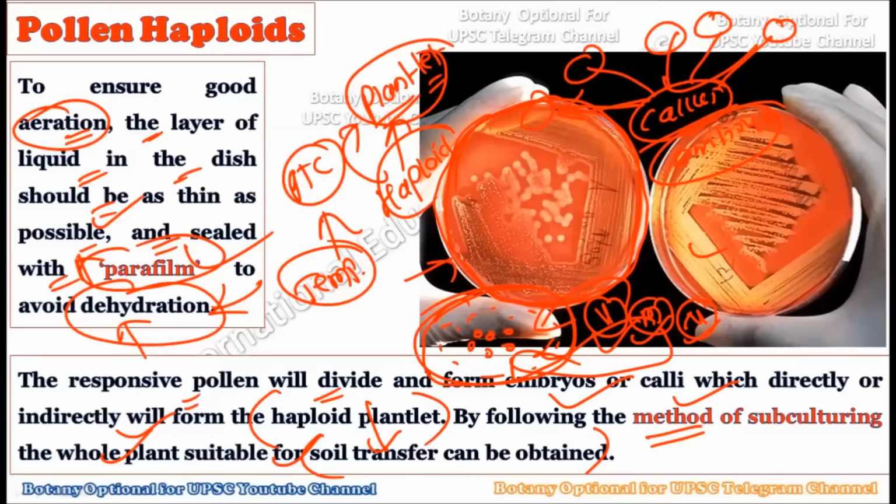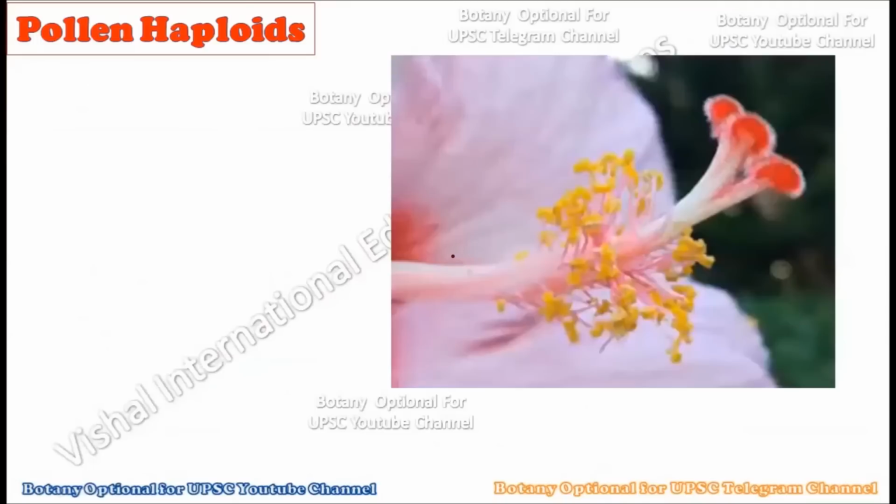And the very special thing regarding this culture is the creation of haploid plants, because in any other tissue culture technique we are not going to create haploid plants, but when you use the pollen culture, we can easily create haploid plants. Okay, and it's a whole plant which is haploid. Every cell of that plant will contain half the number of chromosomes, that is, the n number of chromosomes is always present, and no twice-n condition will be seen in this particular plant.